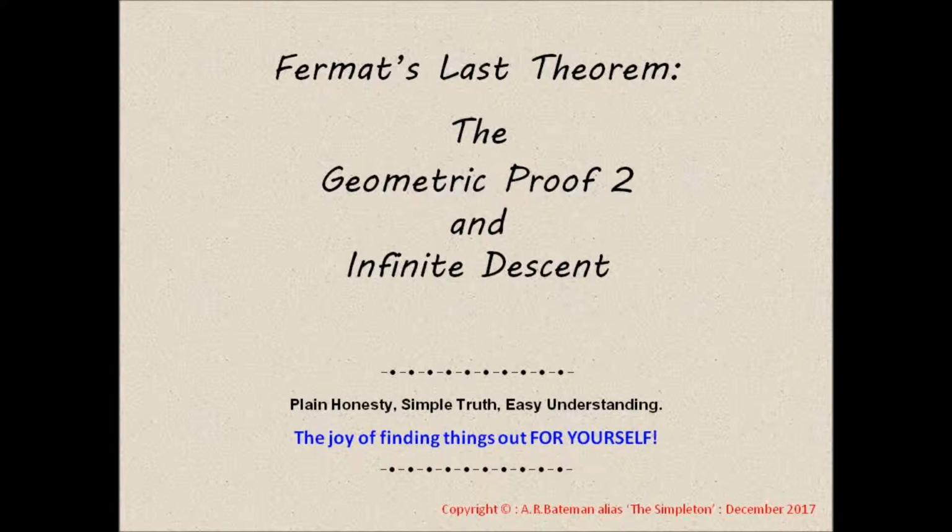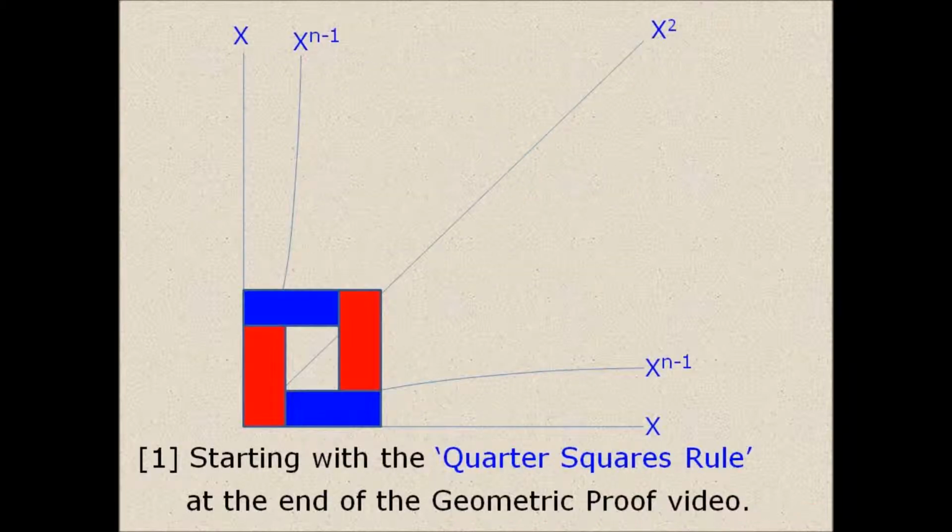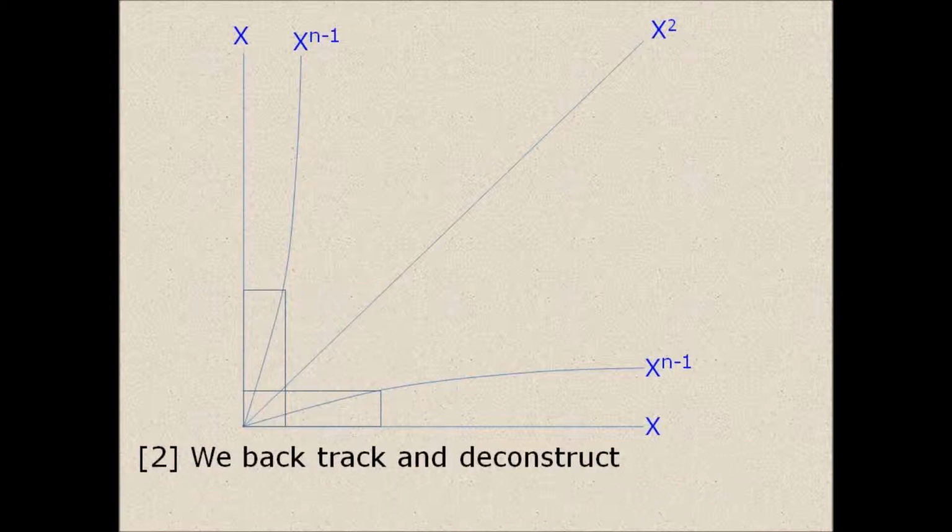Fermat's Last Theorem, the geometric proof to an infinite descent. My motto: plain honesty, simple truth, easy understanding, the joy of finding things out for yourself. Starting with the quarter squares rule at the end of the geometric proof video, we backtrack and deconstruct until we